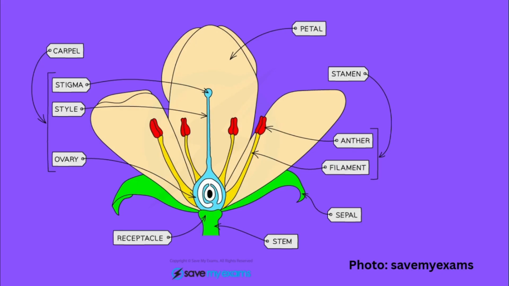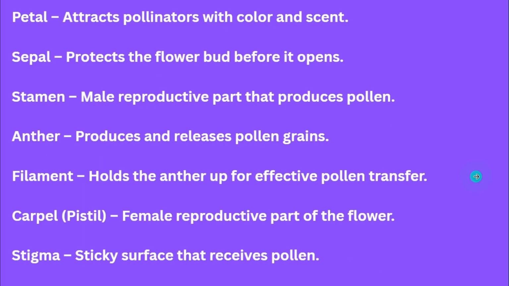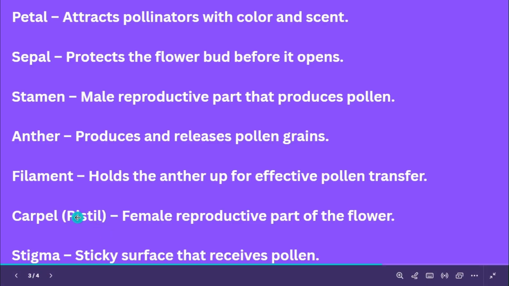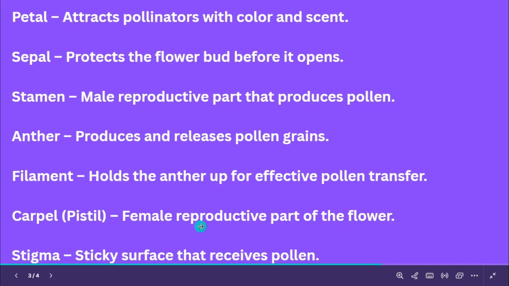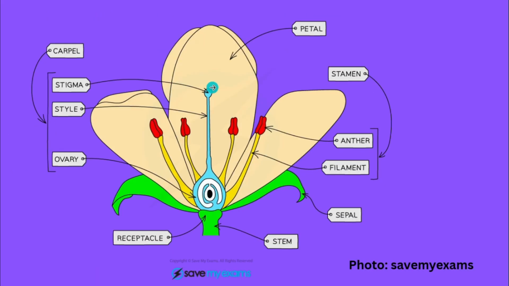So once you see a plant that has flowers, there is fruit. You can get fruit from that plant essentially. And then we have the carpel, also called the pistil, the female reproductive part of the flower. The stigma is a sticky surface that receives pollen. So the role that the stigma plays in facilitating pollination, and thus overall fertilization, is that when